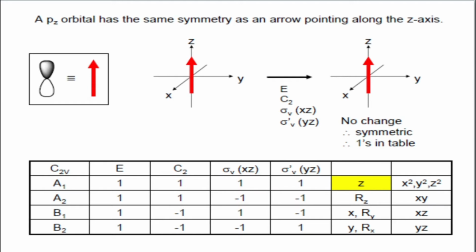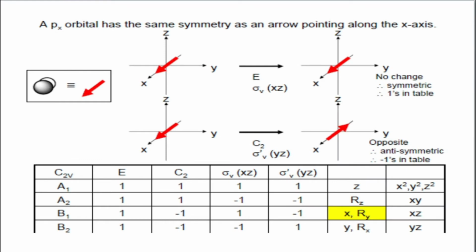Therefore, I can say this z function, or linear symmetry function, z is symmetric for all 4 operations of C2V. So any irreducible representation which is symmetric for all 4 will represent the linear z function. Which irreducible representation represents all 1, 1, 1, 1? Yes, it's A1. Therefore, after the characters of A1, in region number 5, z is represented.